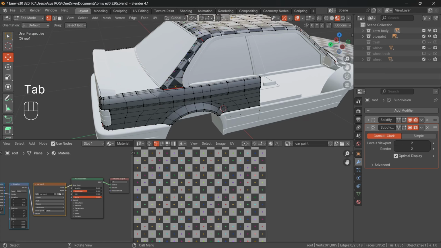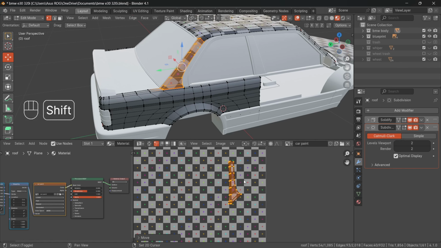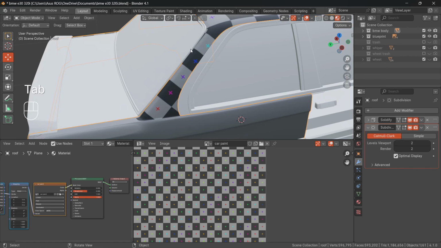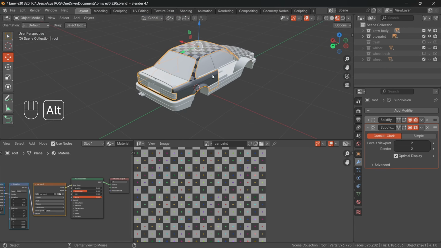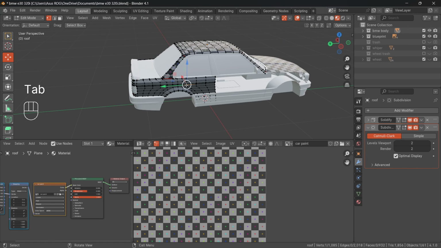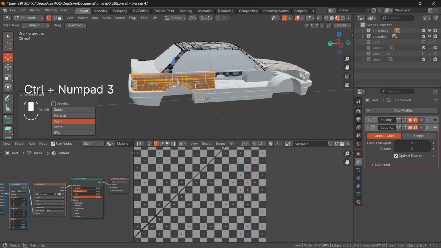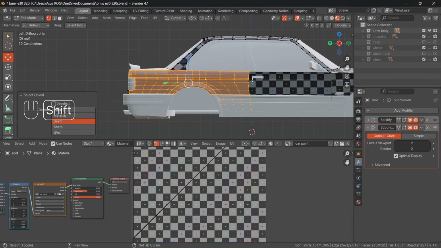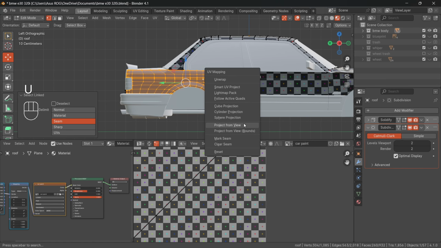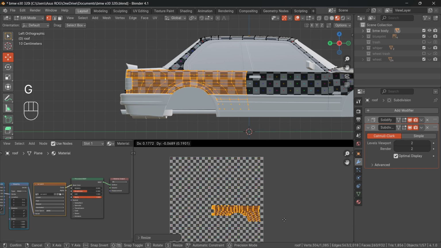And okay, I think I want it to look closer to that other side, so you can just move it so the square will show, just like we have it at the other side. Yeah, so you can select all of this one also, press L, go to the other side, which is Control 3. Let me turn off the blueprint, and then we can press U, project from view, like this, and then bring it to position,